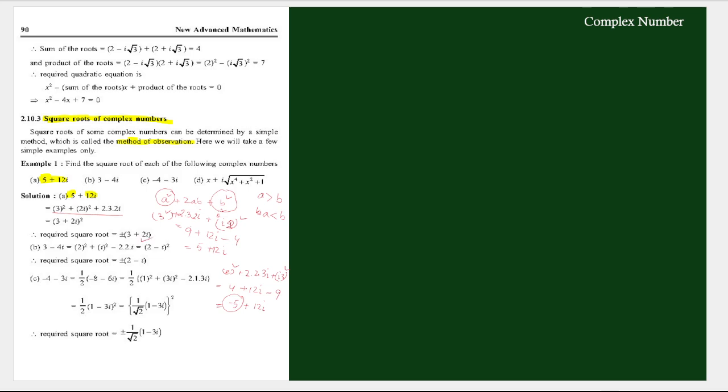You understood now? ठीक है, ठीक है। 3 minus 4i, so 2 square plus i square, 2 क्या है 4, i क्या है -1, तो 4 minus 1 is 3, ठीक है। तो यहाँ पे माइनस है मतलब मिडिल में माइनस होगा, तो दिस विल बी आवर a माइनस b होल स्क्वायर फॉर्म, सो प्लस माइनस 2 माइनस i, ठीक है। सो -4 माइनस 3i, देखो अभी ये माइनस आया, दैट मीन्स b विल बी ग्रेटर a से।